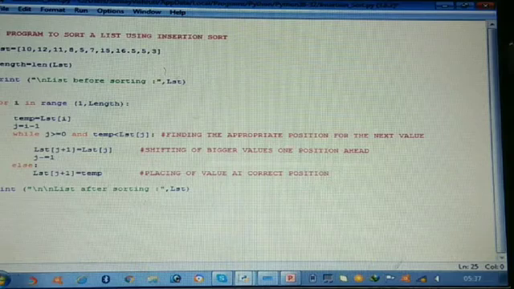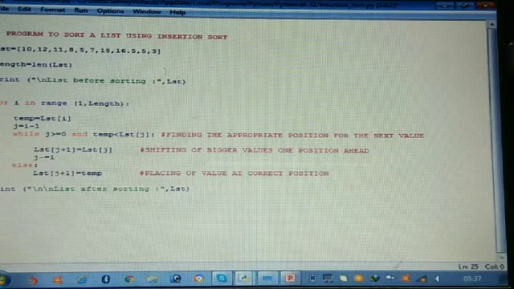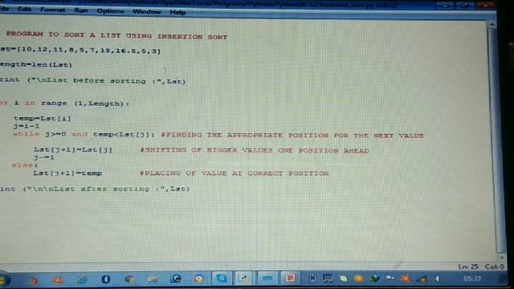So we have a list over here. We have found out the length of the list using the len function. Then we have shown the list initially. Finally, we are using a for loop here and the range is from 1 to length. Why 1? Because at the 0th location, whatever element is present, we cannot compare that element with itself, right? So 10 is not going to be compared with 10 only. It's useless for us. So we'll start with the element 12, that means the element that is present at index 1. That is why the range is from 1 to length.